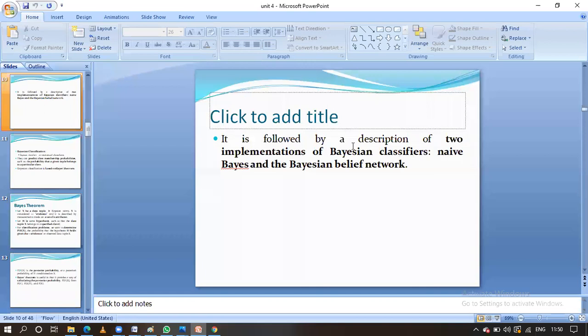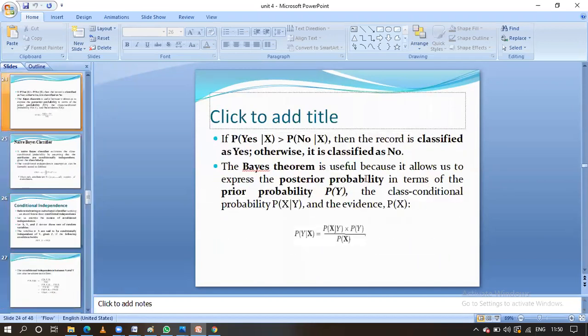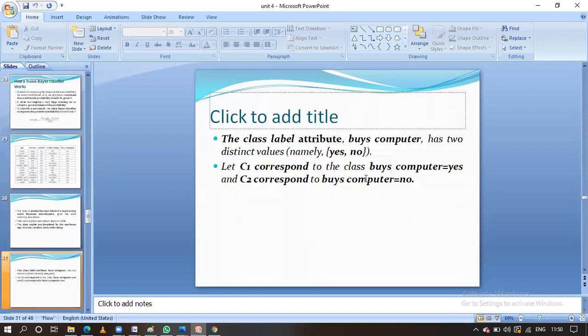They have asked this many times. Write about a Bayesian classifier, and then you have to write related to the Naive Bayesian classifier as well as the Bayesian belief network. Till now we have seen only the Naive Bayesian classifier. Next, see the Bayesian belief network. These two will come under the Bayesian classifiers. Let us start the discussion related to the Naive Bayesian classification.